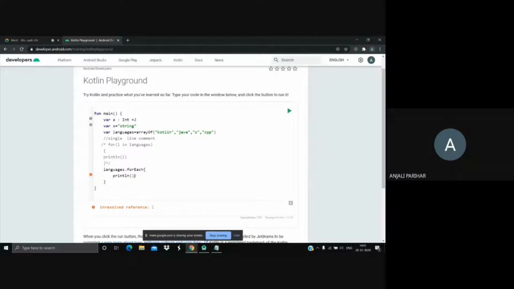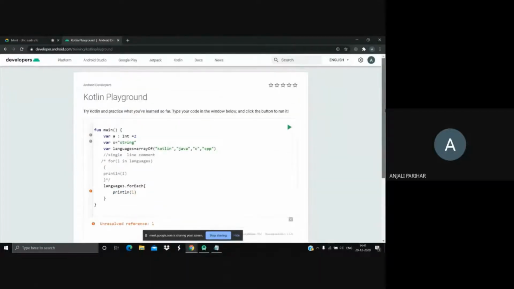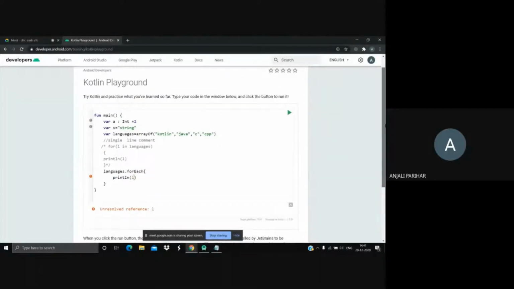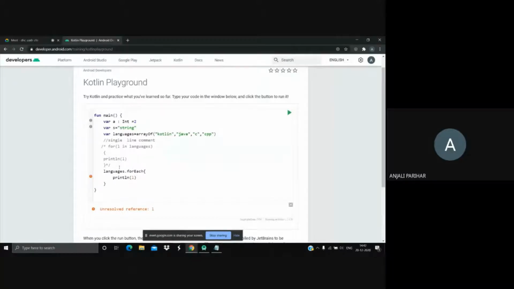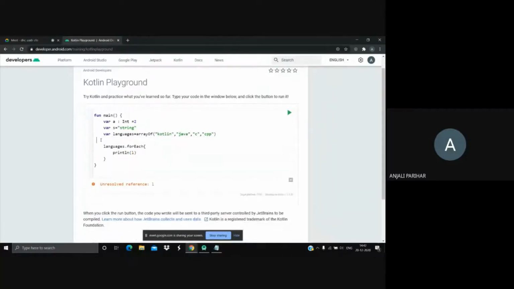What issue I'm getting here is reference type. Anjali, you need to use bracket after forEach.